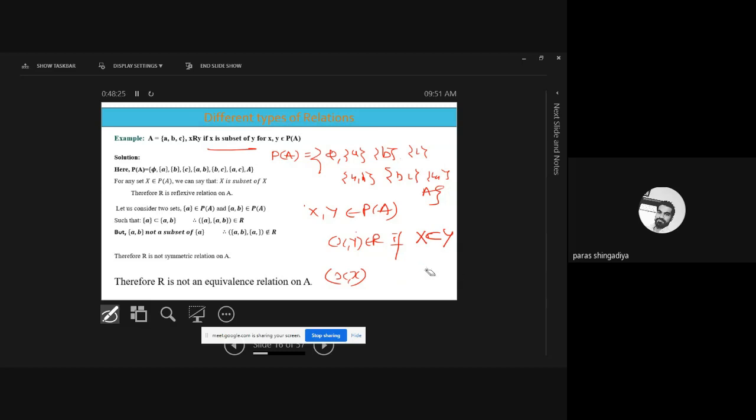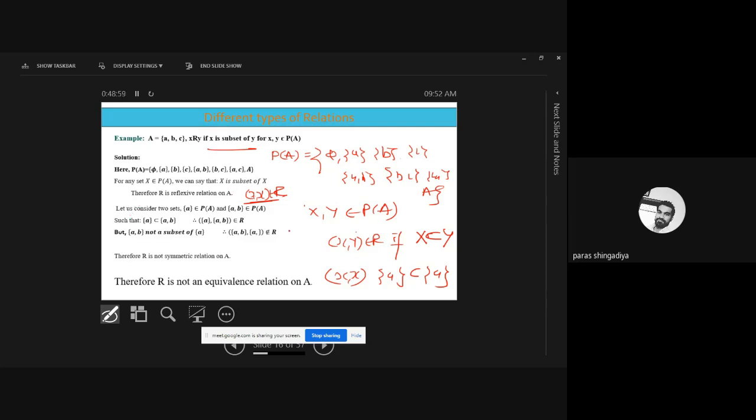ठीक है? So any set is a subset of itself. So x subset x, 2 subset 2, 3 subset 3, 4 subset 4, these are valid. Meaning we can easily say that singleton {a} is a subset of {a}, for any x belonging to P of A. {b} is a subset of {b}, phi is a subset of phi, {a,b} is a subset of {a,b}, {b,c} is a subset of {b,c}. Clear? So for all such entries of P of A, it satisfies x subset x, meaning it satisfies the reflexive relation. Clear? x is a subset of x means (x, x) belongs to R. So it satisfies the reflexive property.